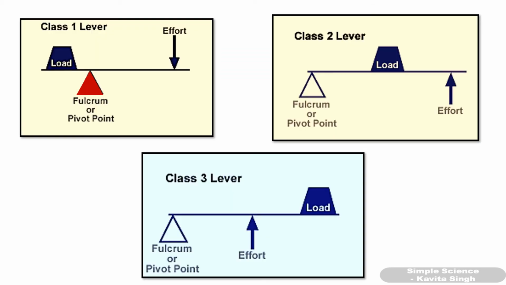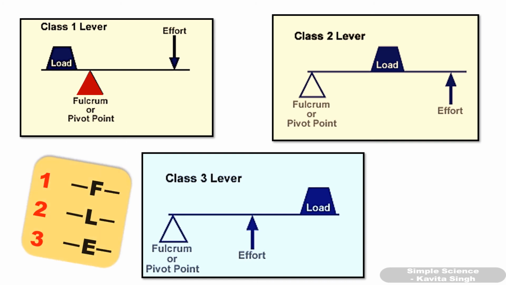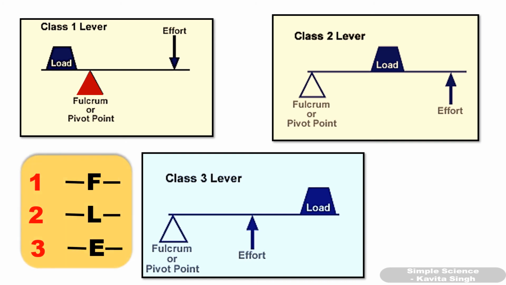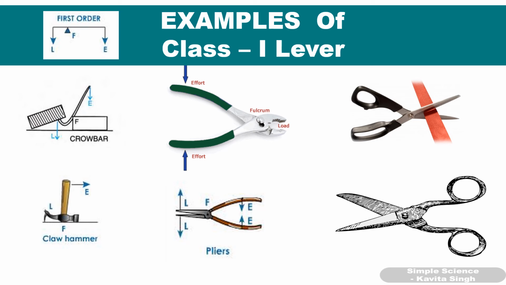So these are the three types of levers: class 1, class 2 and class 3 lever. Class 1 lever can act as force multiplier and speed multiplier. Class 2 levers always act as force multiplier because effort arm is always greater than load arm. And class 3 levers always act as speed multipliers. So remember this: class 1, fulcrum in between other two; class 2, load in between the other two; and class 3, effort in between the other two. So remember FLEE.